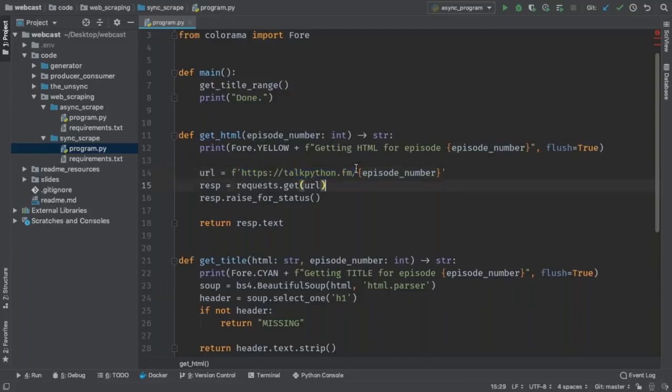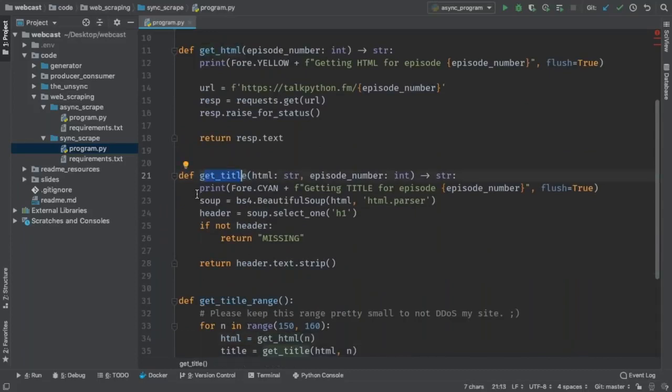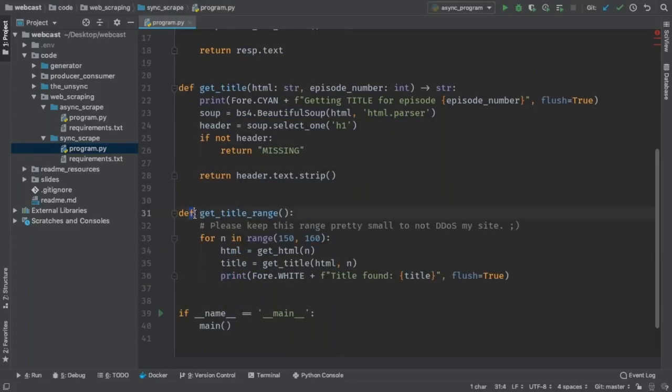We're going to use requests to suck down the HTML, all of it. Then we're going to pass that off to get_title. get_title is going to use the beautiful, beautiful soup, suck out the title, and then print it out for us. Then there's this part that drives that for a bunch of different ones. So range 150, that's a little out of date. Let's go with 185 to 200. How's that? If I run this, it's going to go for episodes 185 to 200 of my podcast, pull down the data, and process it.